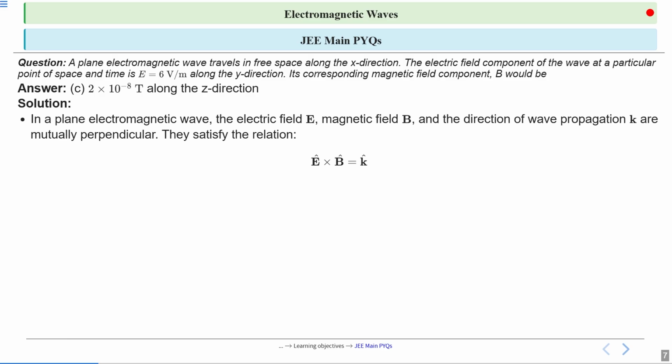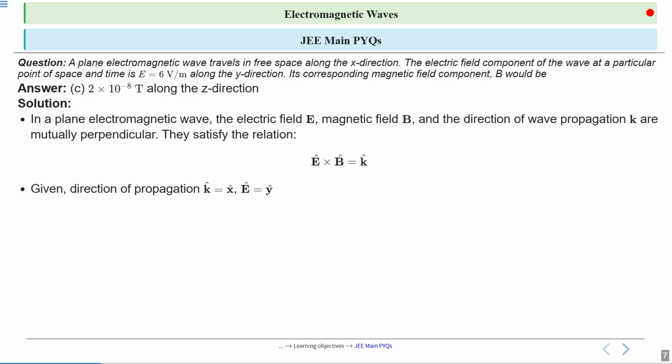So here, this K cap is not the direction along Z. This K is the propagation vector, so K cap gives the direction of propagation. We are not using i cap, j cap, k cap here, because we are using K cap for the propagation constant also. So we are using x cap, y cap. X cap means direction along the X axis, Y cap means direction along the Y axis. To eliminate the confusion between i cap, j cap, and k cap, we are using x cap and y cap here.